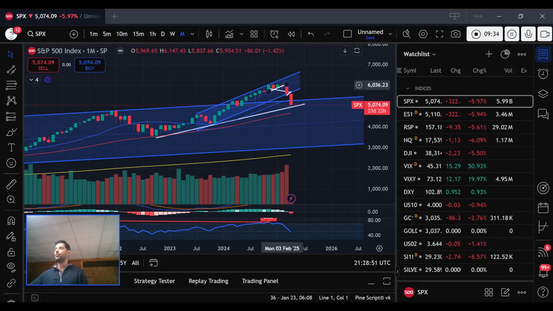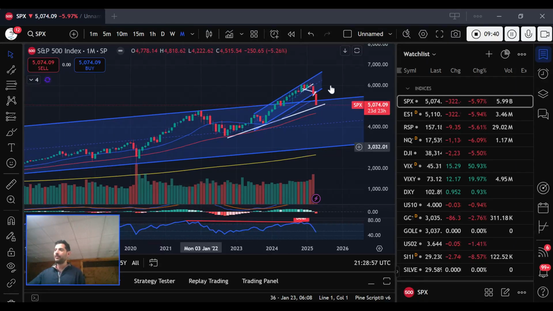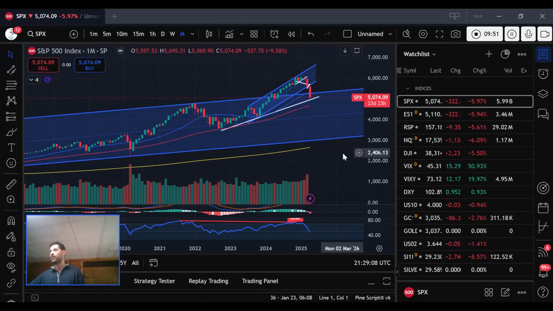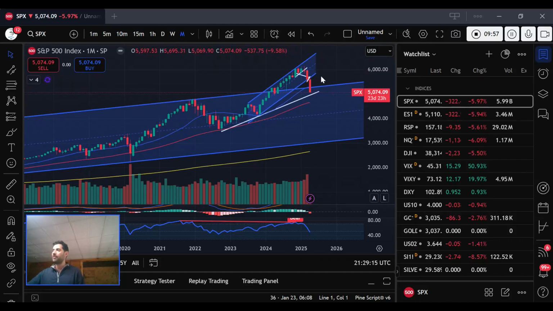People are panicking about the market selling off. Are you kidding me? Look at this. Over the last 4 years, look how much money has been created out of thin air, out of printed money. Basically this is why the country's in so much debt. But the sell off that has been occurring is like a little blip on the bigger picture.